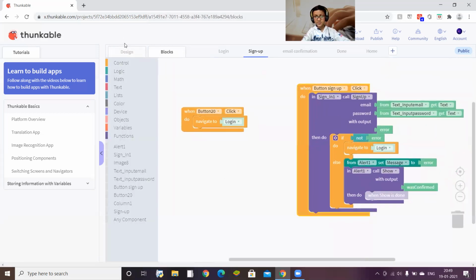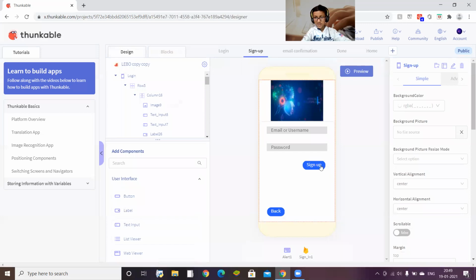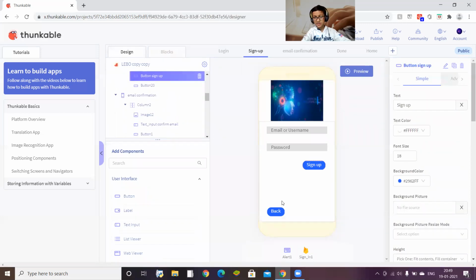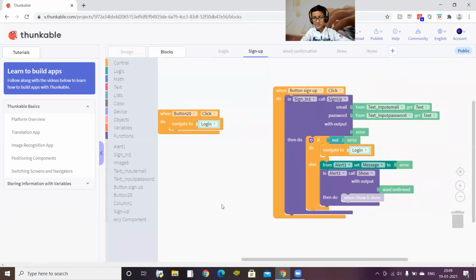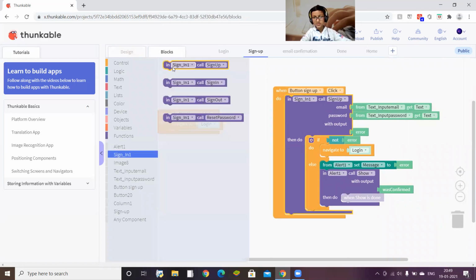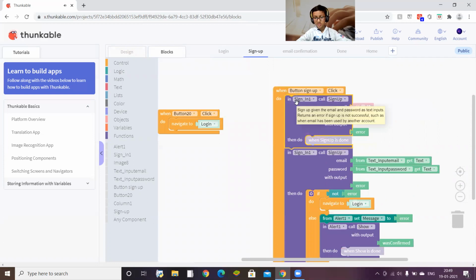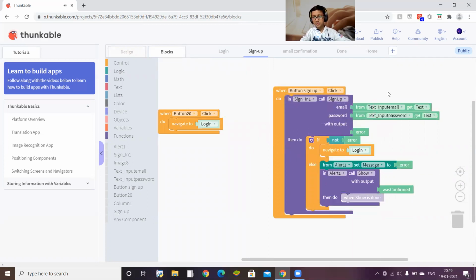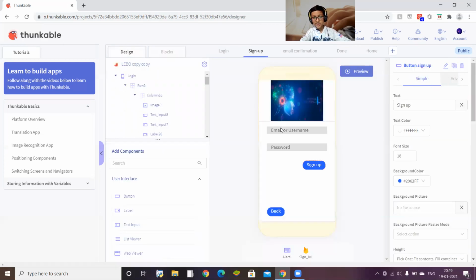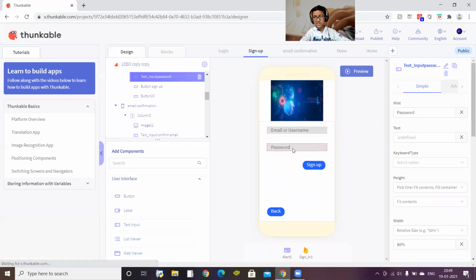And when button sign up is clicked. I've named this as button sign up. You can name it as anything else. When button sign up is clicked, call sign in one, this one, sign up. Then what Firebase will do, this time I've named these text input email, text input password.